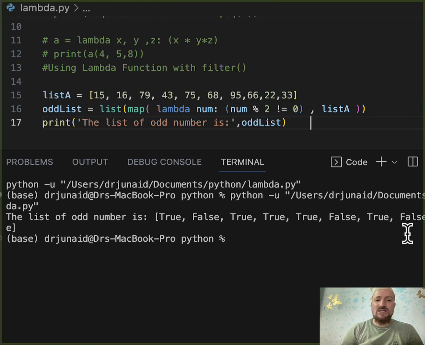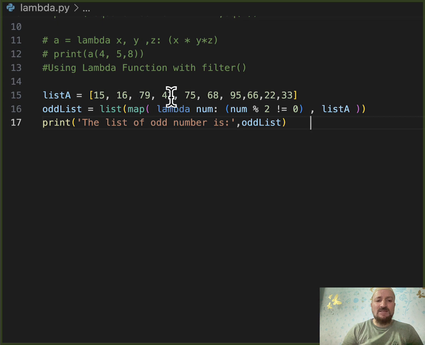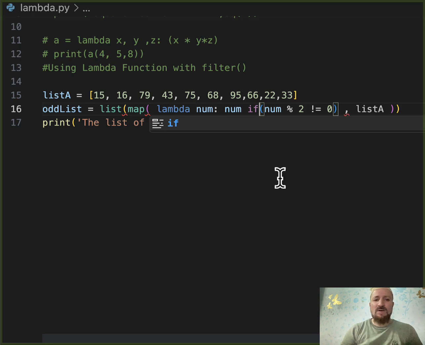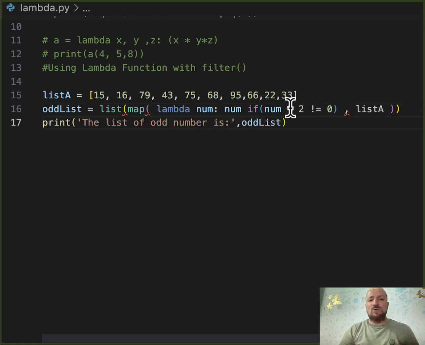ओके, और वो ऑड लिस्ट में चला जाएगा. But I don't want that, I just want these guys. So I can use a couple of ways in it, कि मैं ऐसी चीज़ें करूँगा कि यहाँ पे वो नंबर ही रिटर्न होगा. So I can also use the if else with this, I can use if else with the lambda function here. मैं कहूँगा यहाँ पे, पहले इसमें सिंटैक्स ऐसे होता है कि आप रिटर्न क्या करना चाहते हो, कि मैं कहूँगा जो num है पहले वही रिटर्न करो if this is true, कि भाई साहब अगर ये चीज़ हो गई तो आप num को